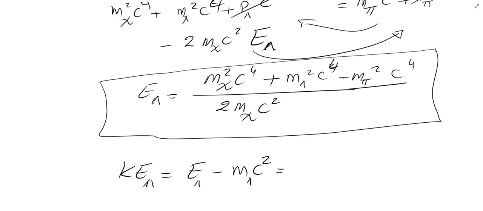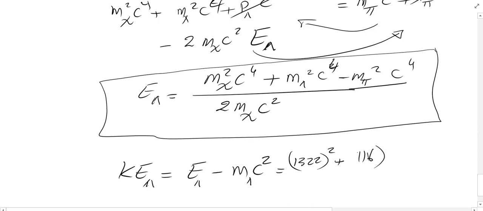1,322 squared plus m squared for the lambda particle. The lambda has to be the lambda minus, that's 1,116 squared, minus the meson mass squared, the pion minus squared, that's what that is. So it's 139.6 squared